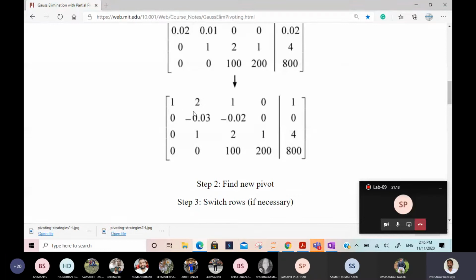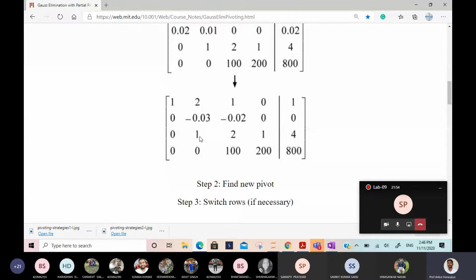Now the same thing again we'll do. Now we'll find the maximum. Can anyone tell which one is the maximum? Not 2, here below this, including this 1 entry. 1. Yes, with the help of this we are making the remaining entries below the diagonal entry 0. We will not consider above the diagonal because we are making 0 there. So we'll take the maximum of this minus 0.03 mod, comma this mod, comma 0 mod. So the maximum here is 1.